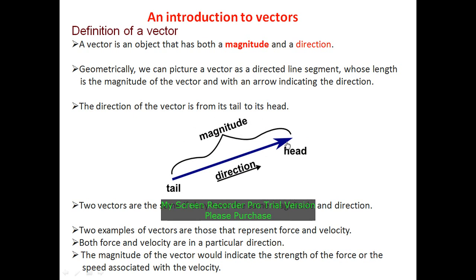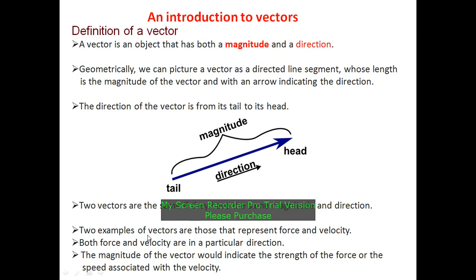Suppose it is 5 and this is the vector representation of force, then it is 5 Newton. And if the direction of this vector is in positive x direction, then it is 5 Newton i cap, right? Because the force is in the direction of positive x and the magnitude of force is 5, so it is 5 Newton. Two vectors are the same if they have the same magnitude and direction, so it is simple.